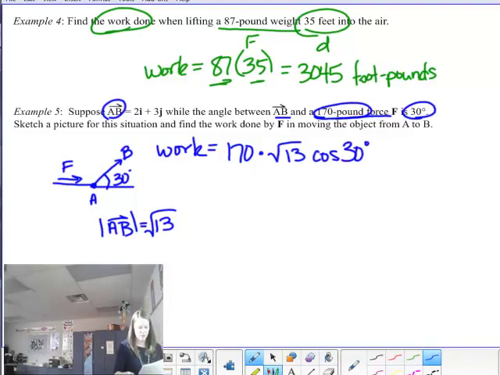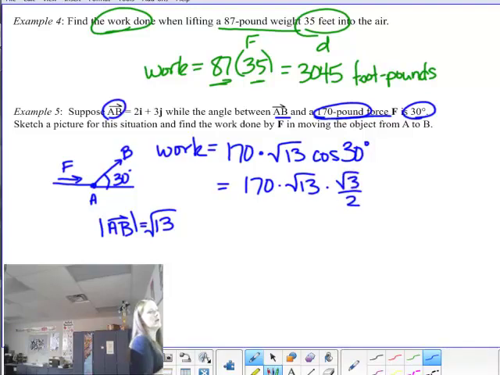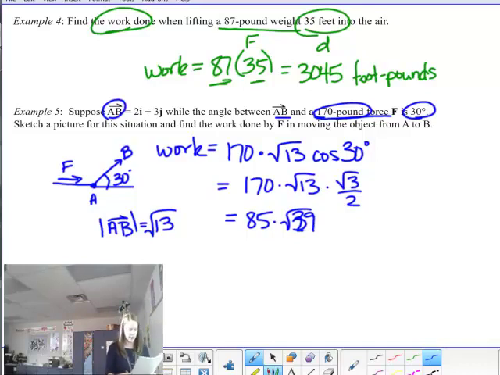Now, since the cosine of 30 is root 3 over 2, we could do this problem without a calculator and without making any messy rounding mistakes. 170 divided by 2 is going to be 85, and this would be times the square root of 39. If you did have a calculator and you wanted to calculate that, you could also write it as